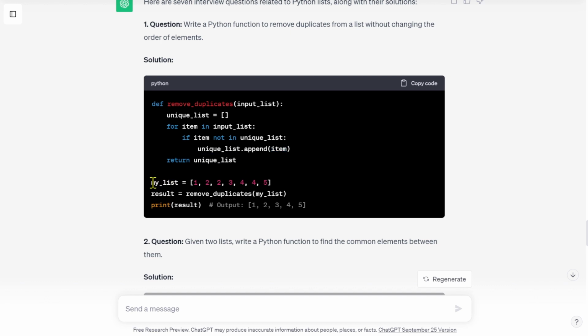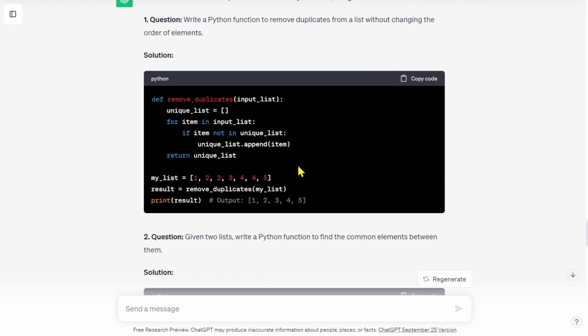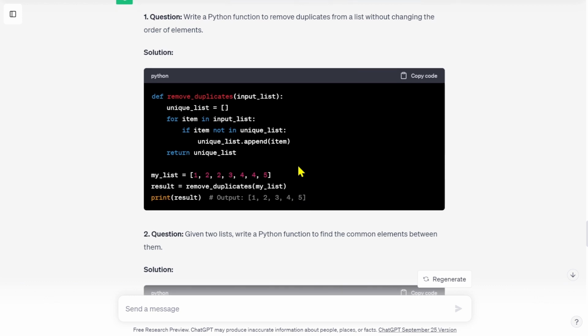Now my list is 1 2 2 2 3 4 4 5, right? Now result is equal to remove underscore duplicates of my list. Okay, now print result. You will get the value 1 2 3 4 5. This is the output you'll get. This is the code you can write when they ask for a Python function to remove duplicates in a list without changing